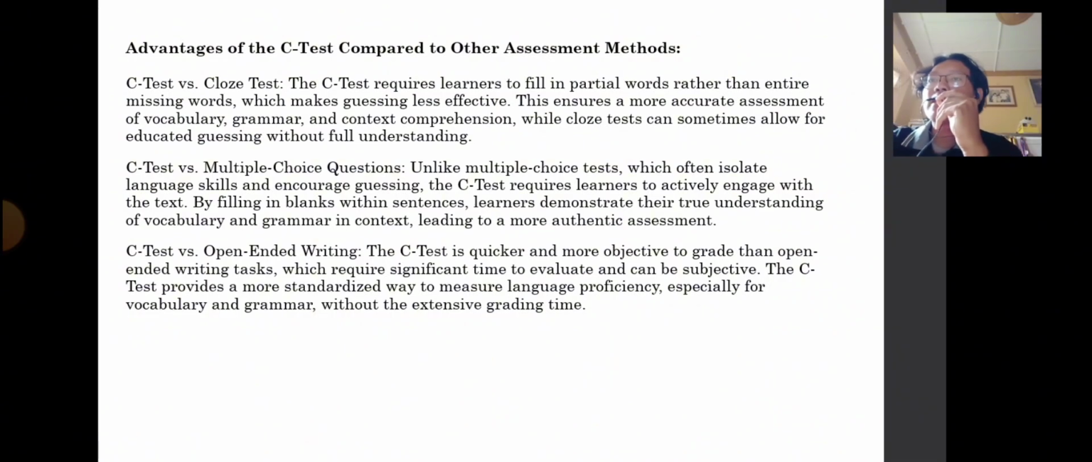Okay, number three is C-test versus open-ended writing. The C-test is quicker and more objective to grade than open-ended writing tests, which can be time-consuming and sometimes subjective. The C-test provides a standardized way to assess vocabulary and grammar without requiring extensive grading time. Okay, I think that's all